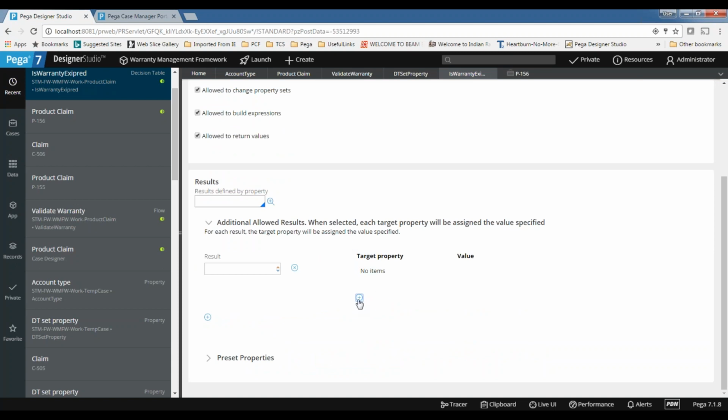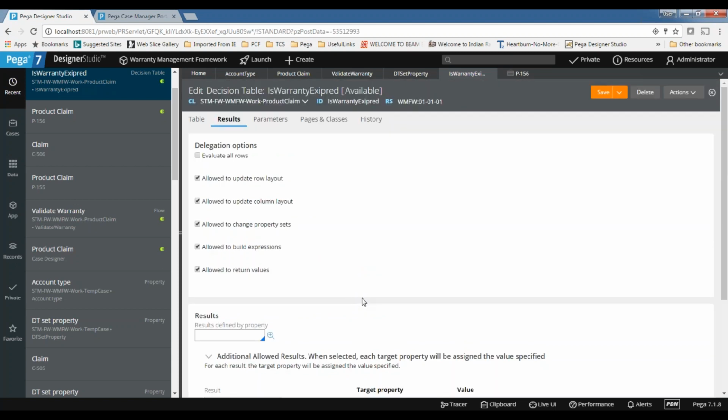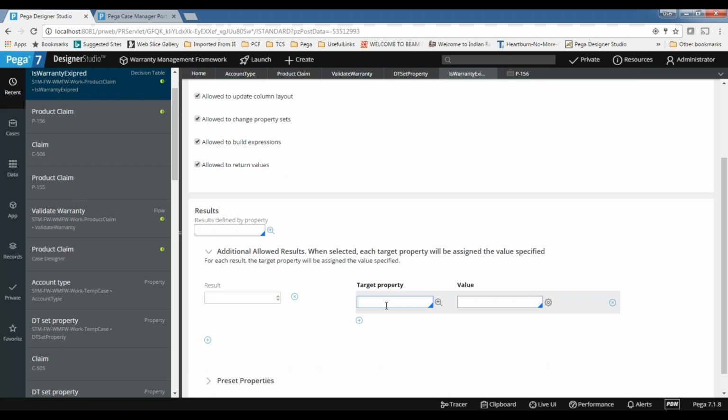Pardon? Multiple properties means multiple values only, right? Okay. I mean, if you just give the property, it doesn't make any sense. You need to give some value, obviously. Then where do you want to set the properties? Okay. When I say set, it means you are setting some values only.